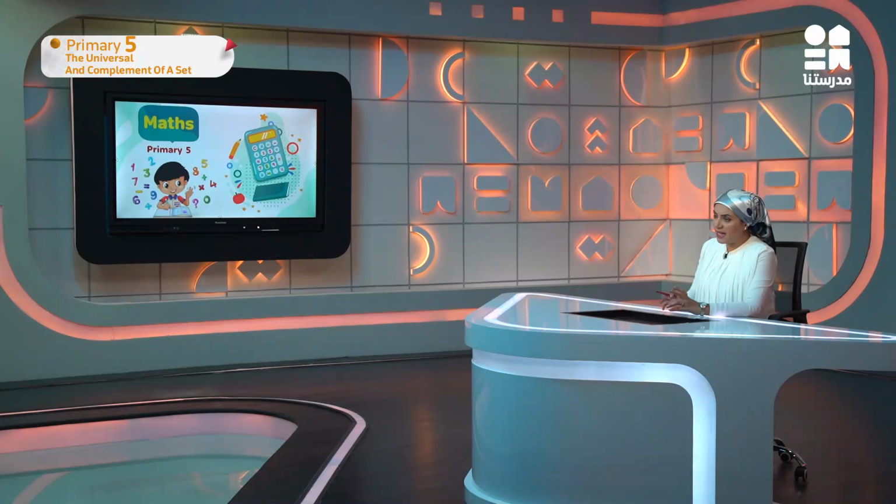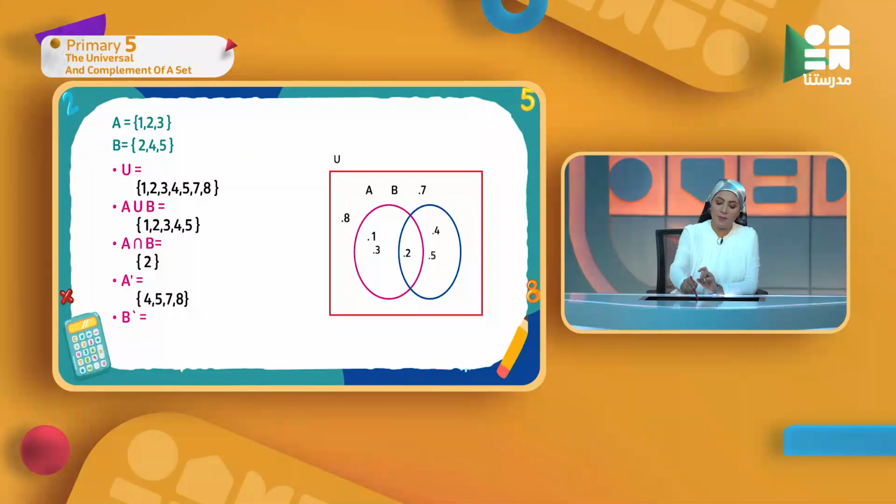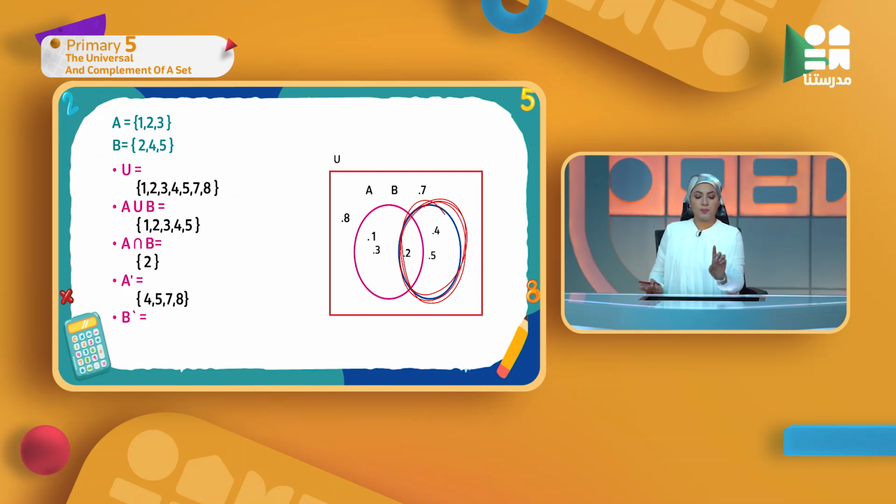Okay, here I want the B complement. This time أنا عايزة بقى ال complement بتاعت set B مش set A. برضو I have one of two options. يا إما I will refer to the diagram that I have here and the set B is the one in blue. Okay, and فيها 2 4 and 5 و مش هاخدهم، هاخد ال 1 3 8 and 7،